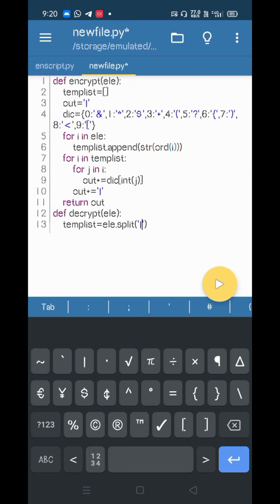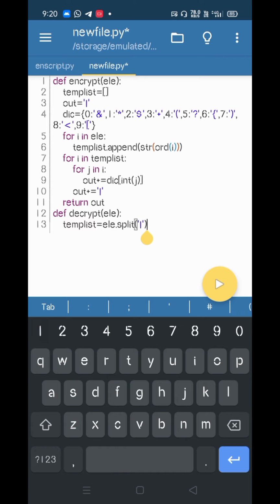The problem we will face here is that at the starting and ending there will be this same character, so we will get empty strings. To avoid them, let us see a solution for that later.